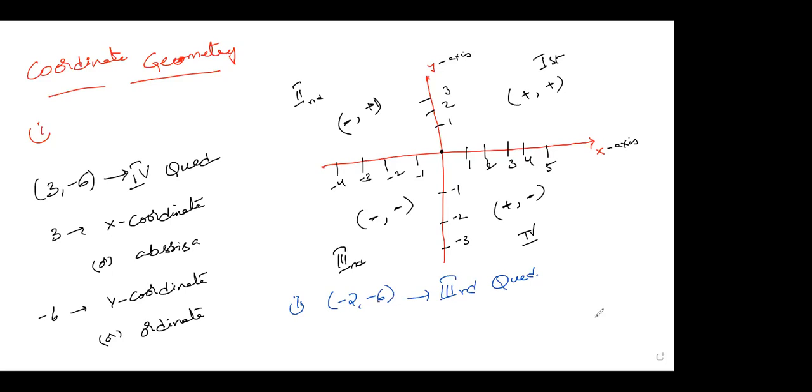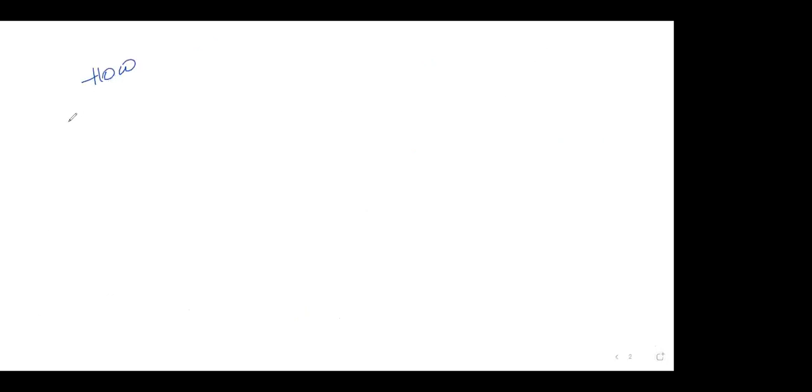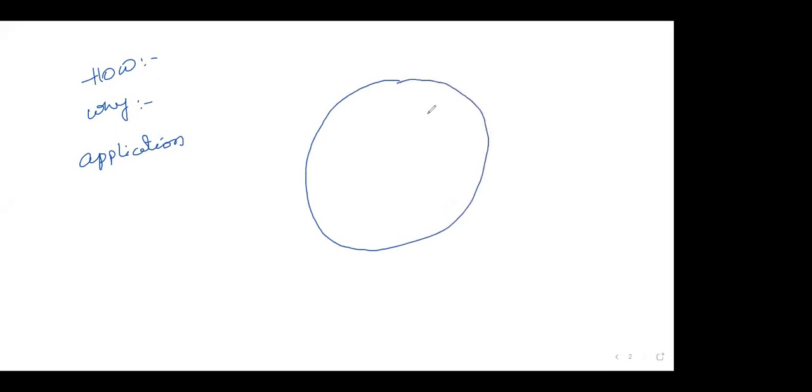Now, my question is, why did a human being get an idea to introduce this coordinate geometry? And what are the applications where we are using this coordinate geometry? Okay, the question is how a human being got an idea to introduce coordinate geometry and why we should learn it. What is its application? That I'll say. So suppose this is my area. Here my house is there. One day my friend asked me, how can I come to your home?